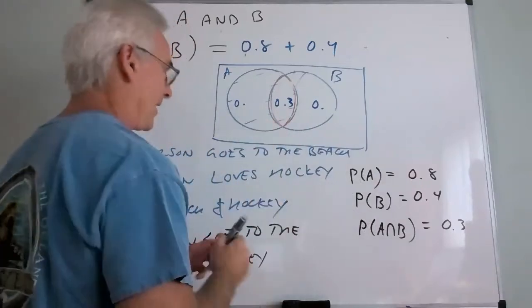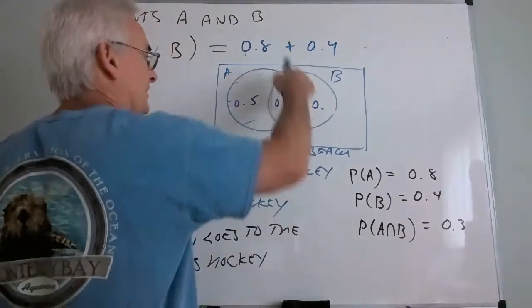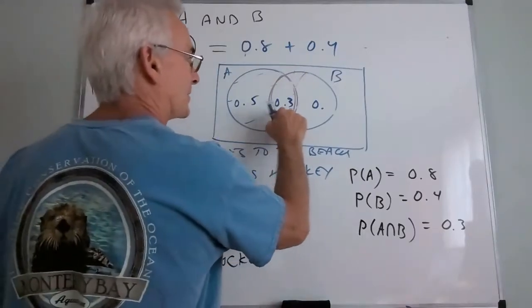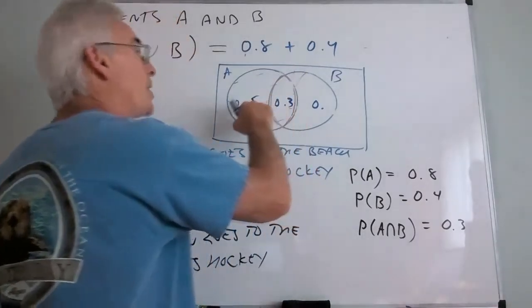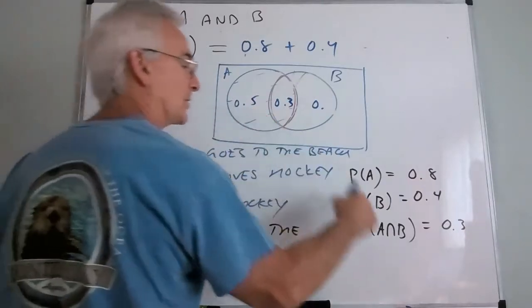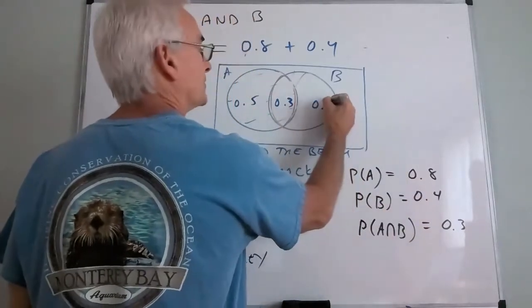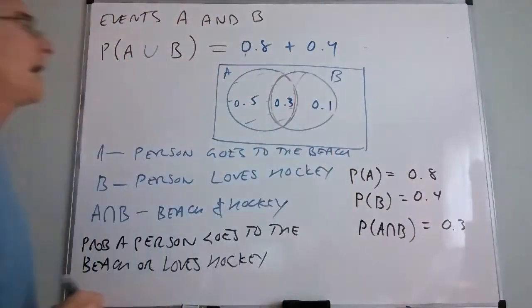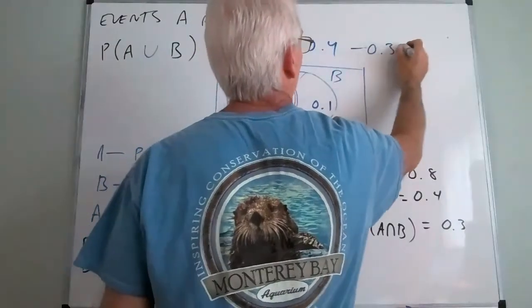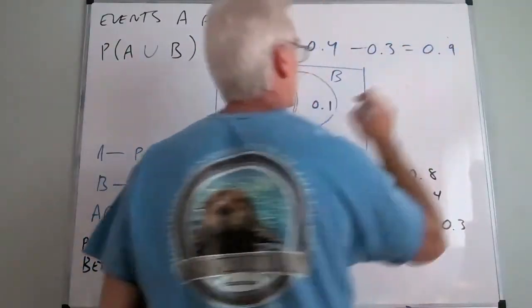0.5. 80% of the people in San Diego fall in circle A, but I've already got 30% of the people falling in the intersection. Oh, that means that outside the intersection must be another 0.5. So over here, outside the intersection must be a 0.1. Now, when I look at that picture, it is absolutely correct. So what I had to do here was subtract the 0.3, and that gives me 0.9, which is what my